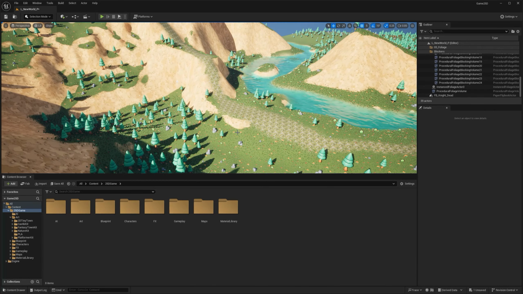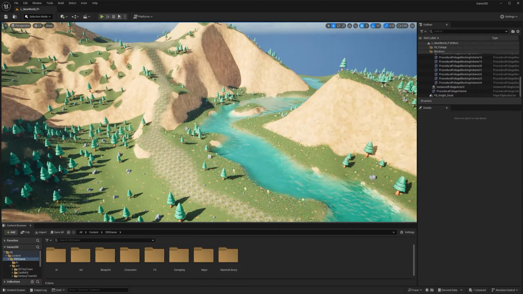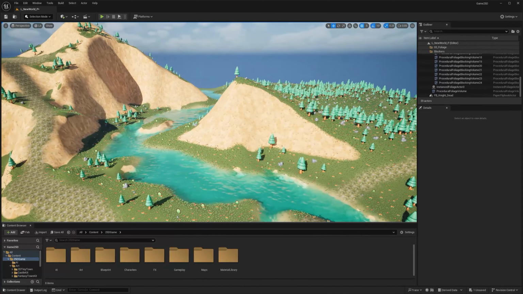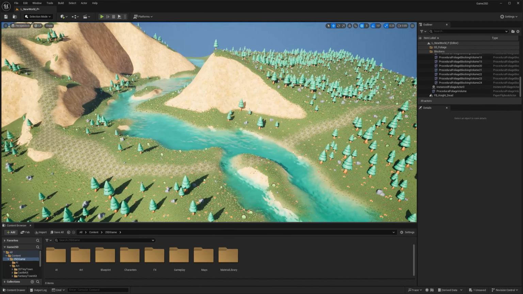So now that we have a world design, a landscape, and I'm happy with the way that it's looking right now. Actually, I prefer this version than the one that I had initially built. I'm very excited to customize it. So we have a road here. I want to make a bridge.